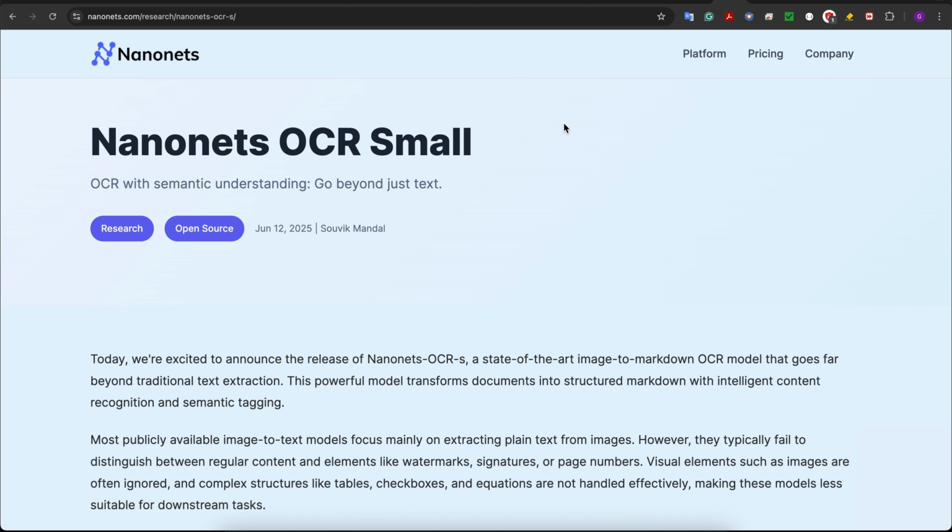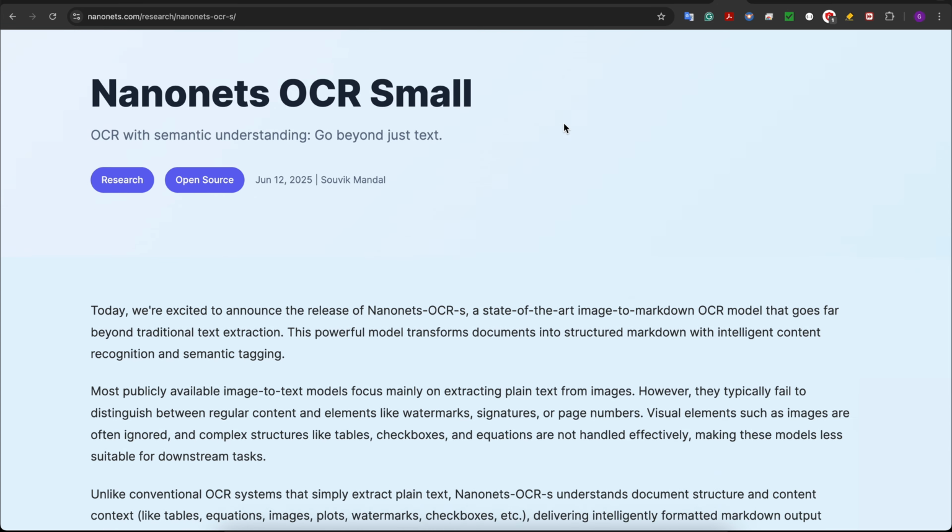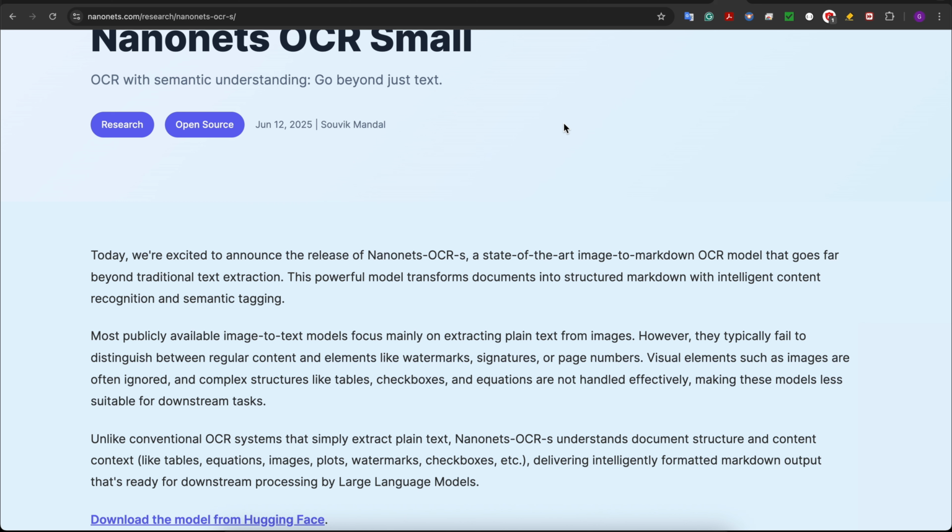So in this video we'll discuss another OCR model from Nanonets, and this is a state of the art image to markdown OCR model that goes far beyond traditional text extraction. As you may know, the traditional text extraction model basically works on plain text, or sometimes on page numbers or some basic numbers as well. But this OCR model is able to extract the context of tables, equations, images, plots, watermarks, checkboxes,